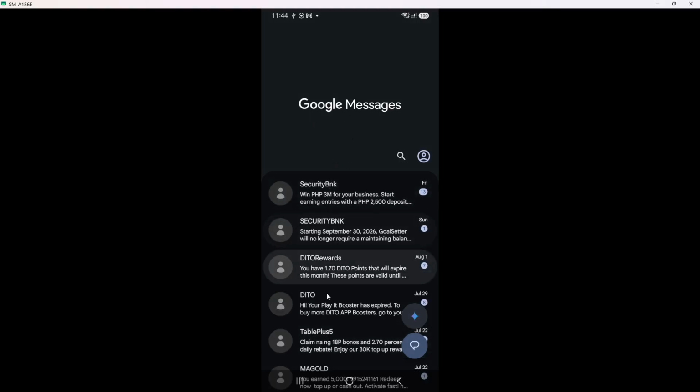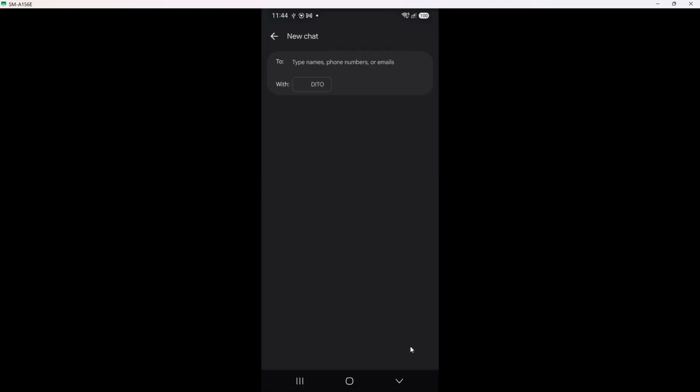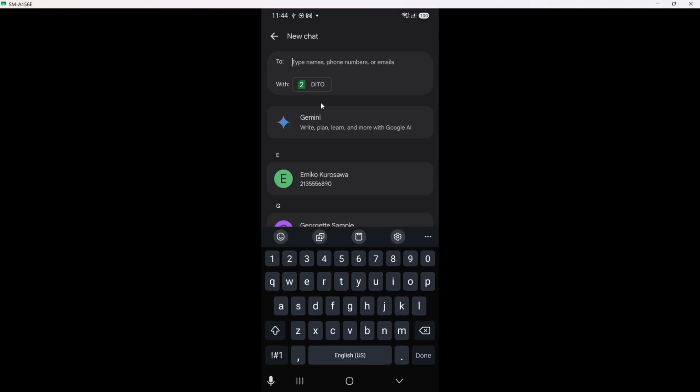Use this Messages app to send and receive SMS and MMS. Tap any existing conversation to open it or start a new one, then type and send as you normally would. Once you send a text here, it goes through your mobile carrier, and replies will come back into this same Messages app, not into Facebook Messenger anymore.